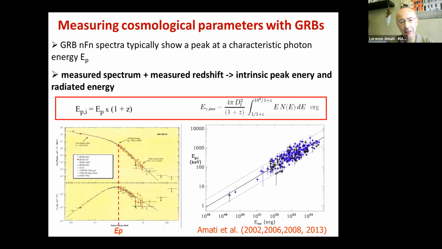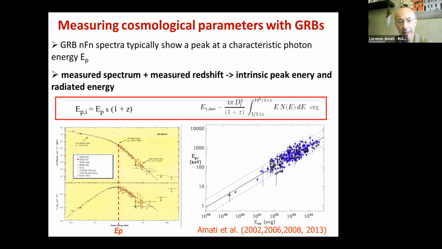These are additional aspects. As I mentioned at the beginning, we can do cosmology with gamma ray bursts not only with respect to investigating the early universe, but also for investigating the cosmological parameters, evolution of dark energy, cosmological models, because there is a lot of activity in investigating correlations between, as I show here, spectral properties and the luminosity or radiated energy that are very promising for standardizing gamma ray bursts in a way similar to what is done for type Ia supernovae, for instance, where it is exploited the so-called Phillips relation, so the relation between the peak magnitude in the light curve of type Ia supernovae and the decay time of the light curve.